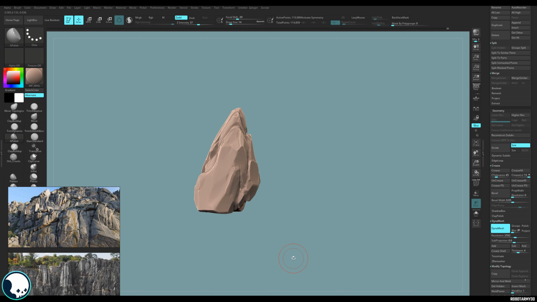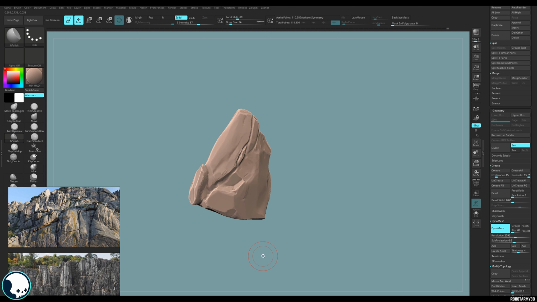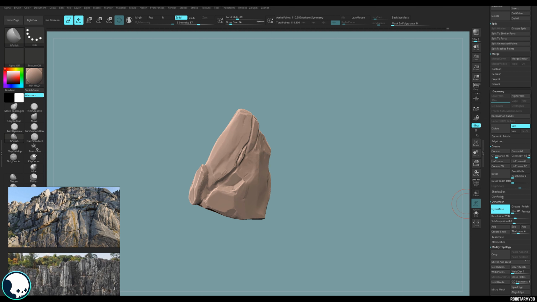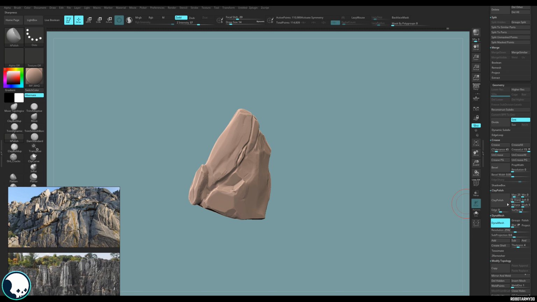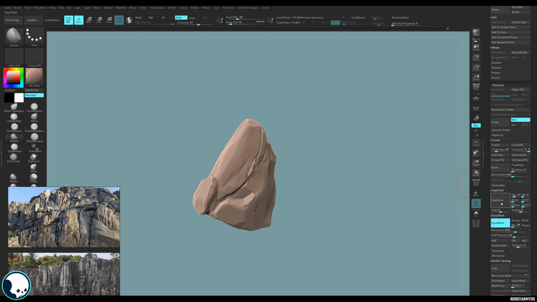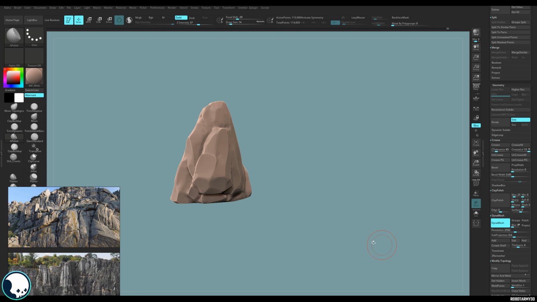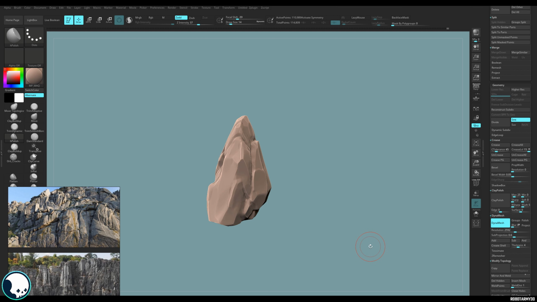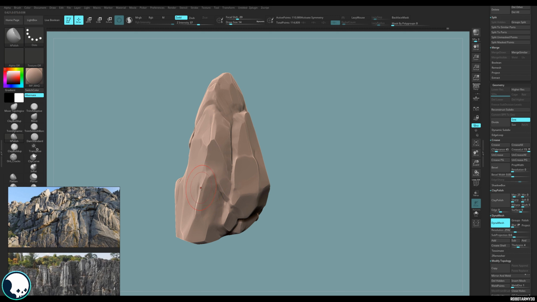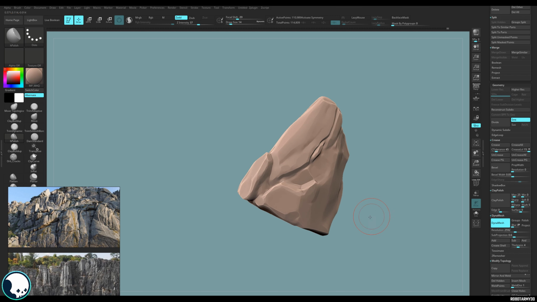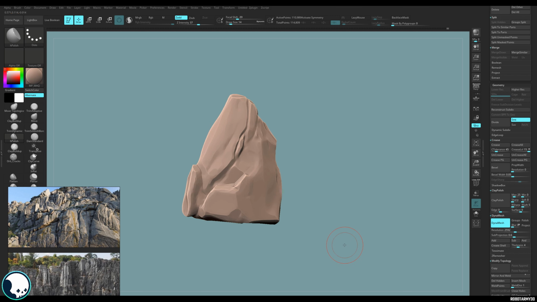Now at this stage, if you want to do an overall pass to just sharpen those edges up, you can take advantage of the clay polish filter here. If we open that up, you can see you've got a few little options. Now if we hit this clay polish, it will just bring all those edges together and sharpen it up, and you can see that instantly makes it look very stylized. However, it is great, but it's very obvious as well. It does give you these sharp but very wobbly edges, and we don't want our edges quite that sharp either. So I would use this sparingly and only for the initial stages, and I'd work in your own